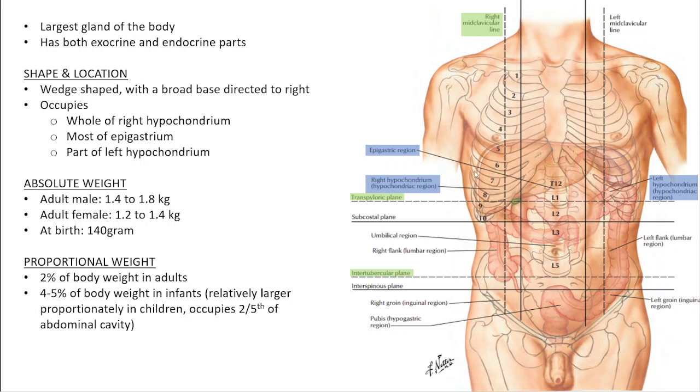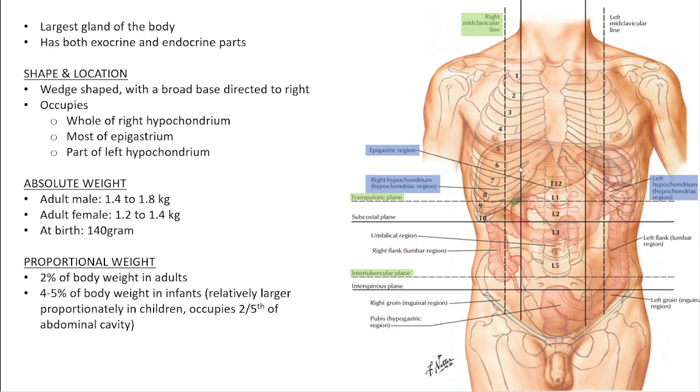It has a broad base which is directed towards the right side. That also forms the right lateral surface. Now, which areas of the abdomen does it occupy? As you remember, the abdomen is divided into 9 regions by 2 vertical lines, which are the mid-clavicular planes, and 2 horizontal lines, which are the transpyloric plane, which passes through the level of pylorus of stomach, or also passes through the tip of the ninth costal cartilage, and the other horizontal plane is the intertubercular or the transtubercular plane, which passes through the iliac tubercles at the level of lower border of L5 vertebra, and transpyloric is at the level of L1, body of L1 vertebra.